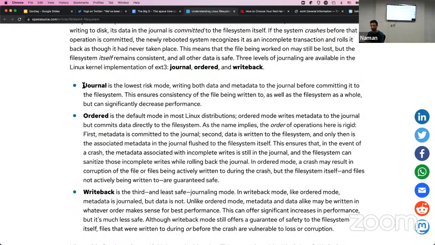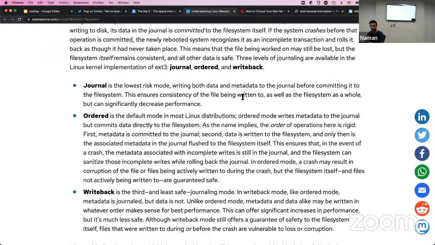The first one is journal mode, in which metadata, meaning the inodes, as well as blocks, are all first written to the journal, and hence it is the lowest risk mode. If there's a power failure or anything, then we read back through the journal and say, okay, this data is corrupted, we can forget about it and continue. And because of this, there's a